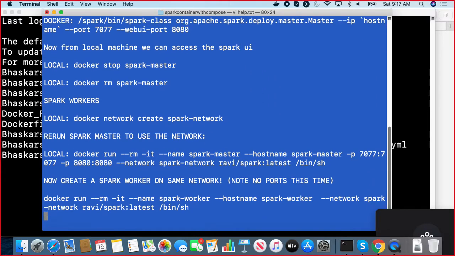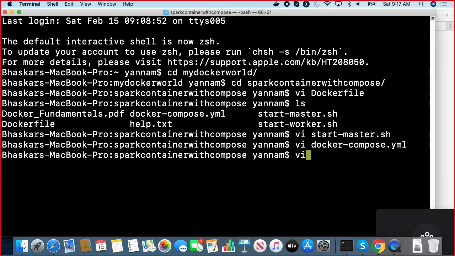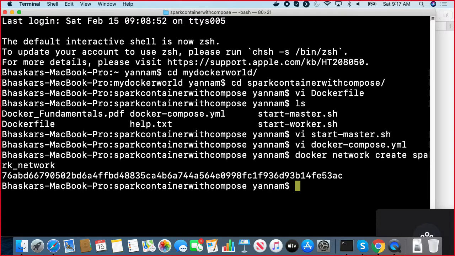So how will you create the network? docker network create spark_network. Okay, it should be spark_network. Intentionally there are some errors in some places because I don't want you to get everything straight without experimenting. So you created the network now, because earlier we pruned it and everything was deleted. And after creating the network,